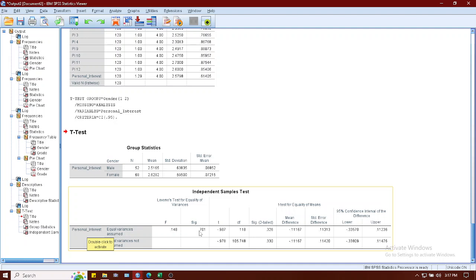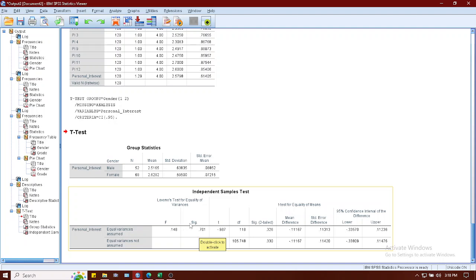When can we say that it is significant? We can say that it is significant when it is less than 0.05. For social sciences, we always set the significance level at 0.05 or 5%. That means we allow only 5% error in our data.